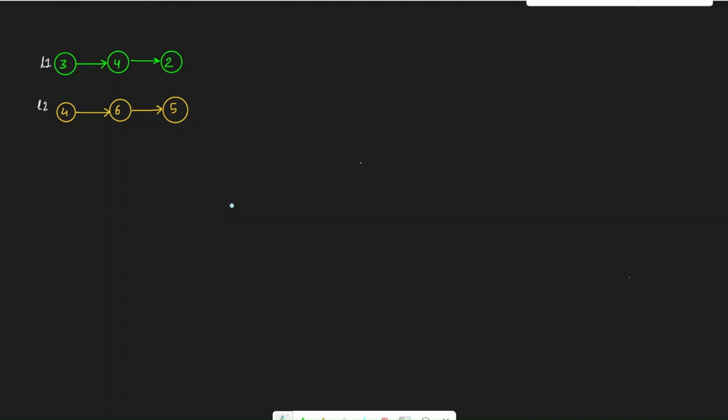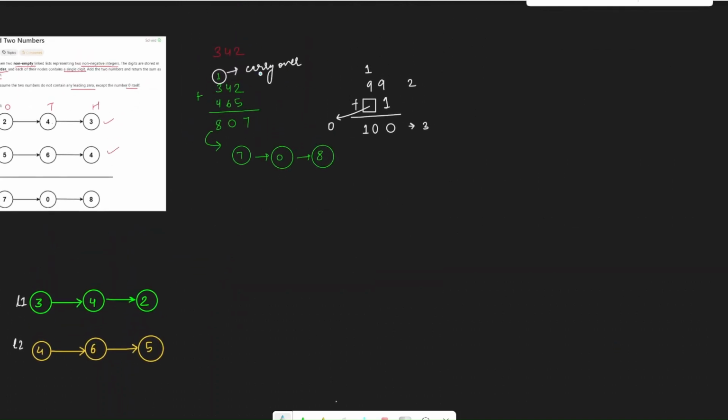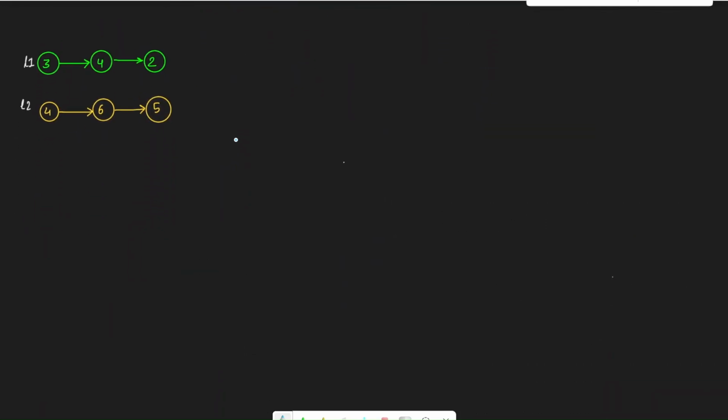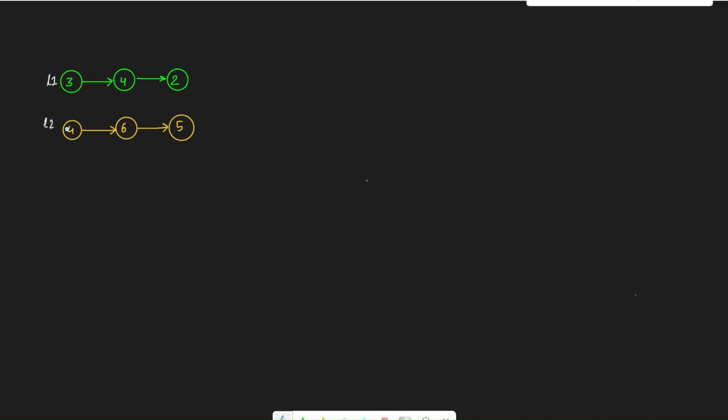Now this is the same example that I have used before in terms of numbers, adding these up as numbers. Now let us try to understand how we can solve this as a linked list. So this is linked list 1, L1, and L2. I'm first going to define a variable called sum, which will be equal to 0. Sum will hold the sum of the values of the L1 and L2 nodes and the carryover, because we have to consider carry as well. Because we need to handle carry, I'll also initialize this as 0. Now I'm going to store my result as final, and I've initialized this as a linked list with 0 value.